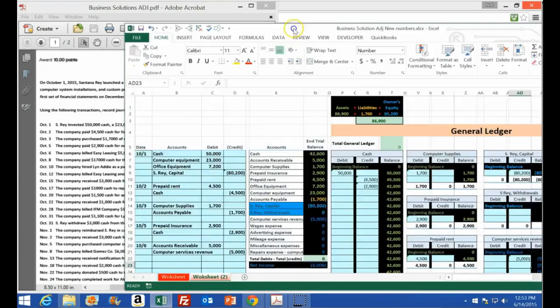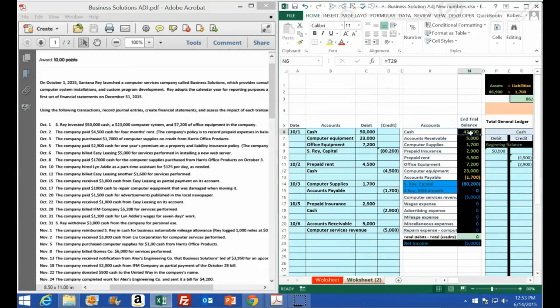I'm going to take this, I'm going to pull it over here. We're in balance because of debits plus this, plus this, plus this, plus this, plus this, minus the credit, minus the credit, minus the credit equals 0. Sums up to 0. Summing means adding up the column. Okay, so now we're going to go to 10.8, which says company paid